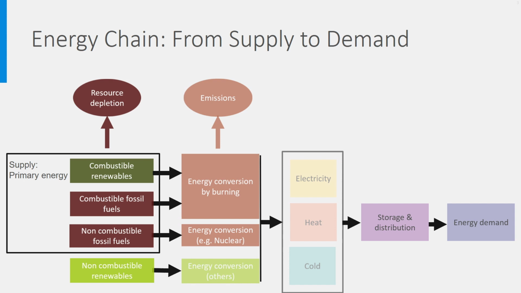The third part of the energy chain consists of the energy storage and distribution of this energy to and inside buildings. This will be addressed further in the course Efficient HVAC Systems. Finally, we have the last part of the chain, which is the energy demand in a building. The energy demand tells us how much energy should be brought to the building and is the subject of another lecture in which you learn how to make estimates of this energy demand.